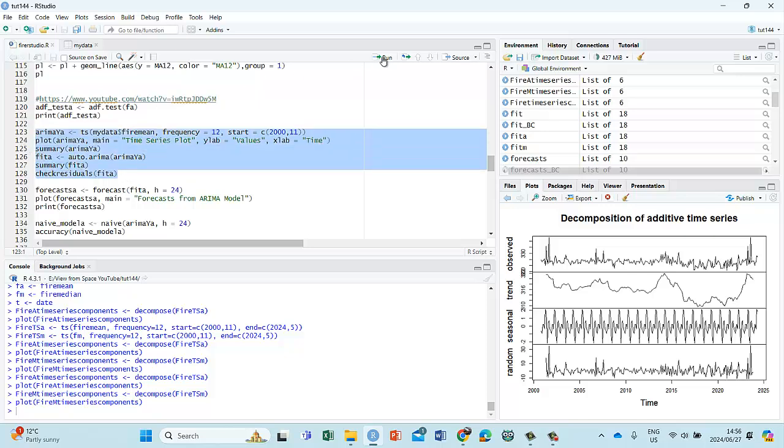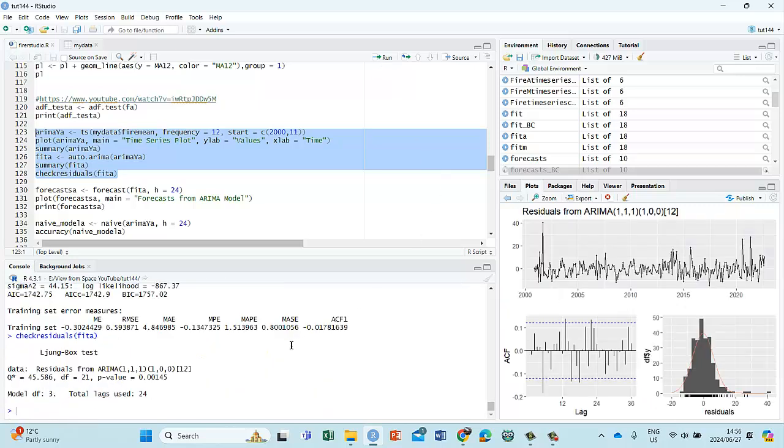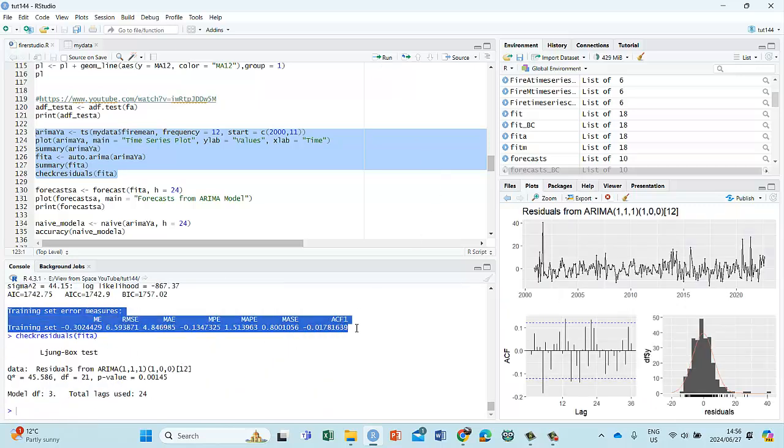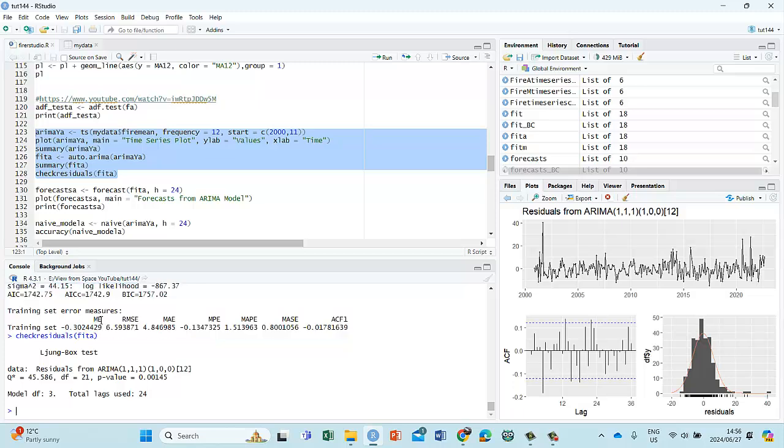Okay, so let's run it. There are our accuracy measures. Mean error. These are measurements that capture the difference between the actual and the predicted. This is our standard set of forecasting accuracy methods. So we have mean error, root mean square error, mean absolute error,